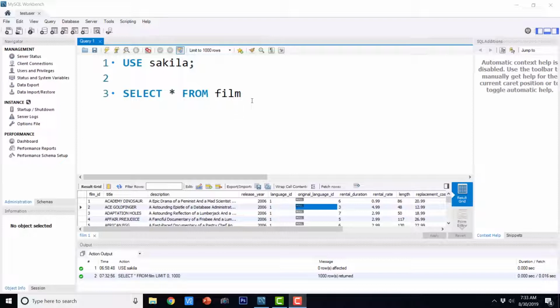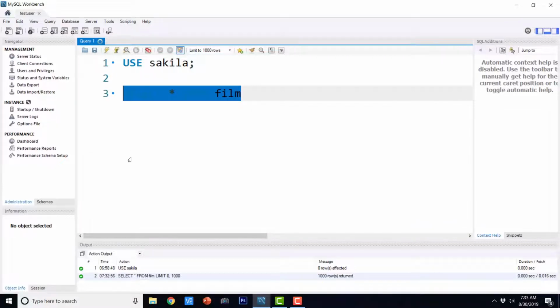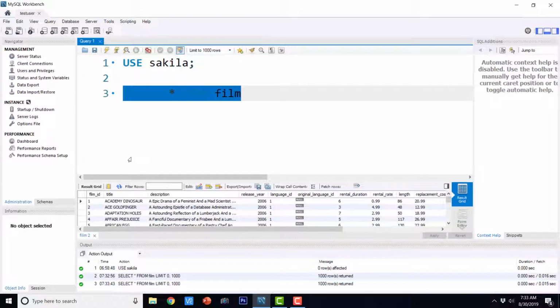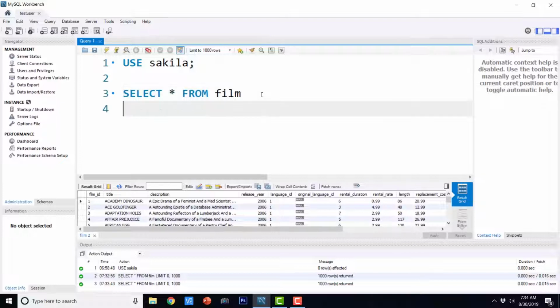Now we are going to see a small example where the query is going to return a data set where the values for a few members is NULL. So here in the original language ID, we have a few NULL records. Now if I want to see all the records where original language ID is NULL, then probably you might be thinking that we can write a query like this, equals to NULL.